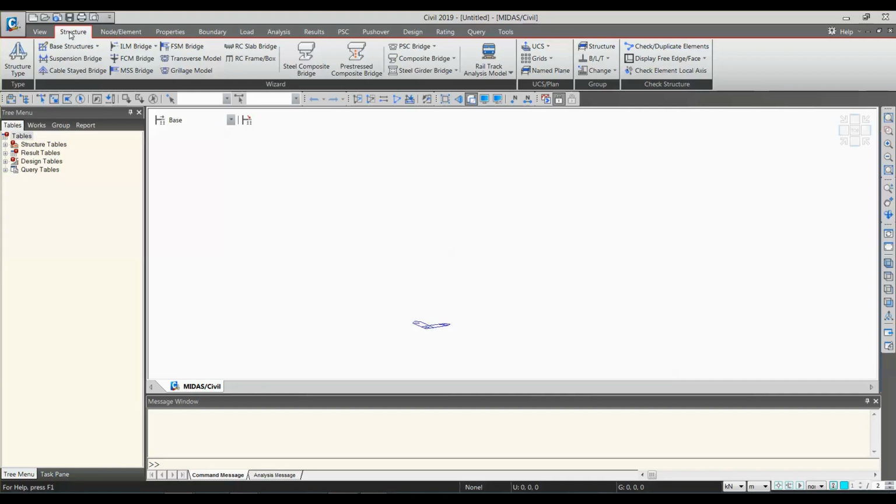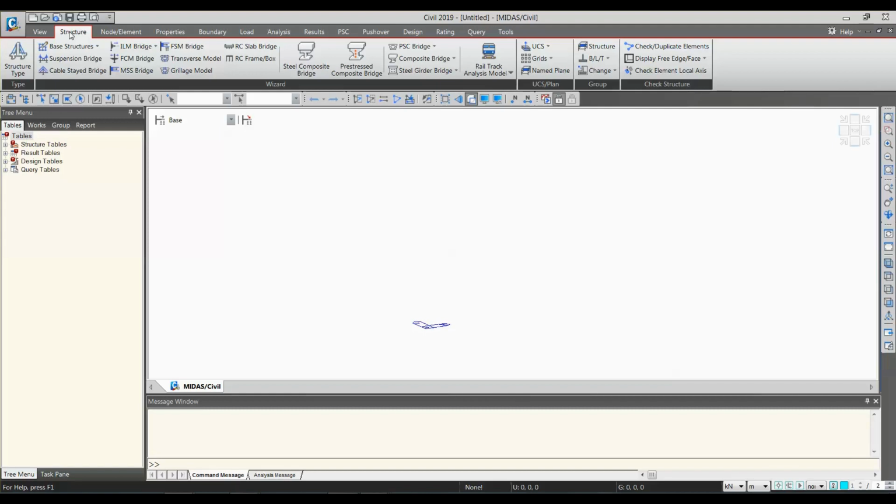You just have to give the intensity of these loads, and after giving the layout information, sectional information and the load information, the program generates the model for us. This is very useful in case of high end bridges, and even for small bridges as well. It saves a lot of time.